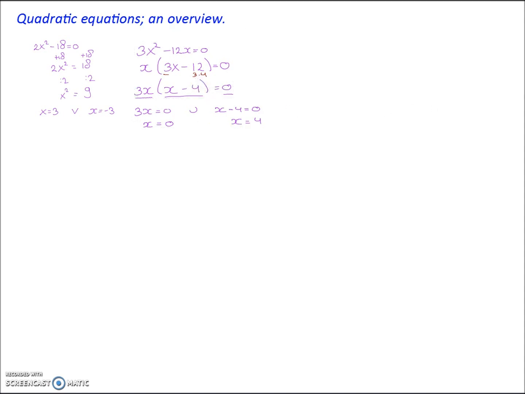Then, what I can do next is write down this equation. x squared plus x minus 20 is equal to 0. This equation has 3 terms, one with an x squared, one with just x, and one without an x. So I can't use either of these methods. So what I'm going to do is try to use the product sum method,